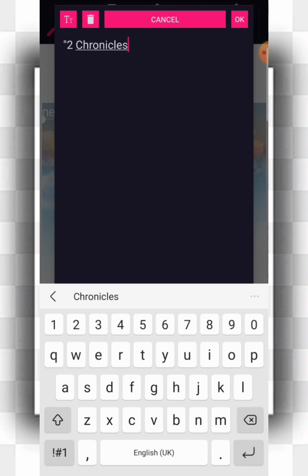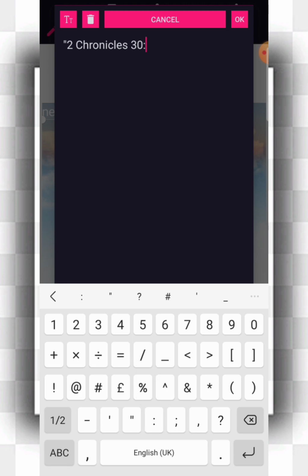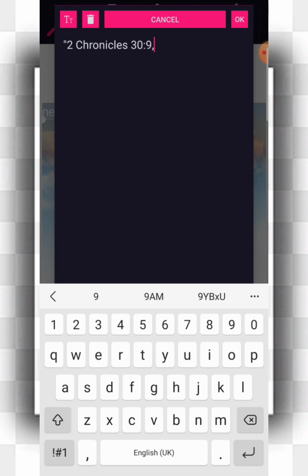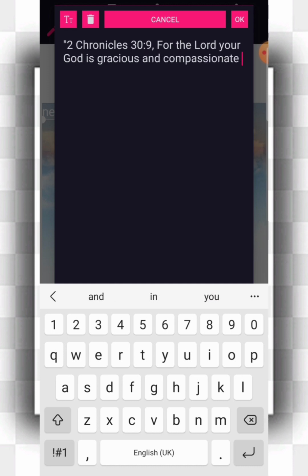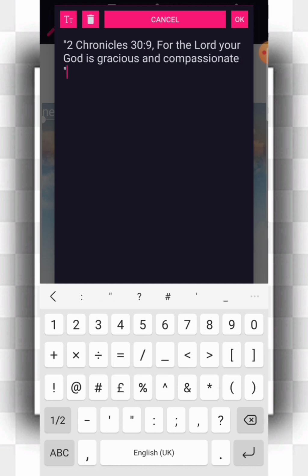Chronicles 30 verse 9, which says, for the Lord. I just hope I get this quotation so well. I'm not good at quoting, but this Chronicles 30 verse 9, that's actually Chronicles 2, says, for the Lord your God is gracious and compassionate. So this is just a quotation,